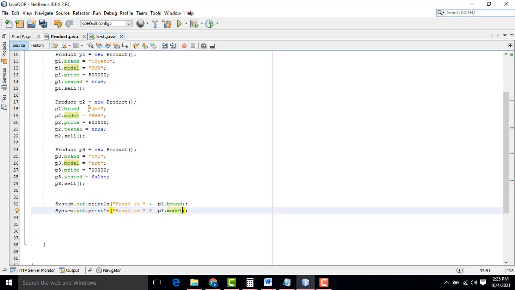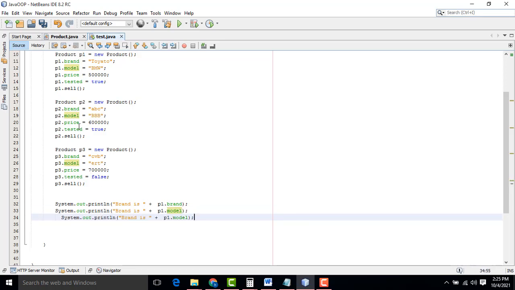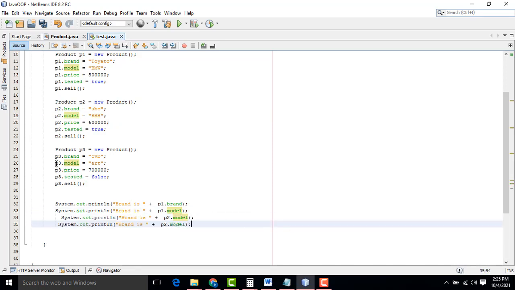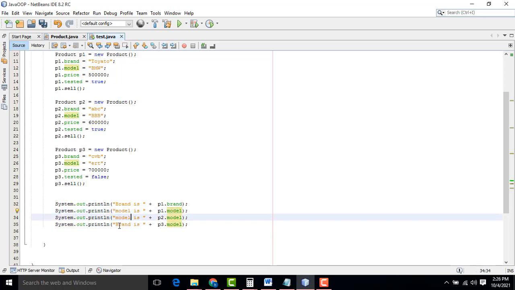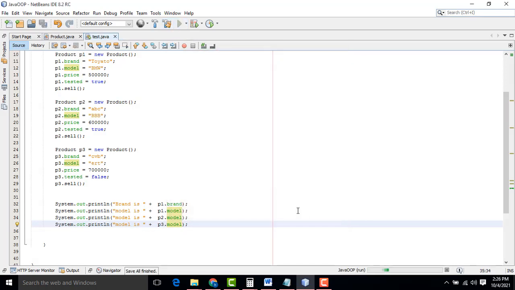If you want to get and print this one, the same System.out.println, you just copy this one. This is assigned to this variable, so you put it here. Same thing, Control C to copy, Control V to paste here. You have to access the model, so you just copy and paste it. Only the object name you have to change. You can print it. Here this one should be model, like this. Right. Now let's run and check what the output is.